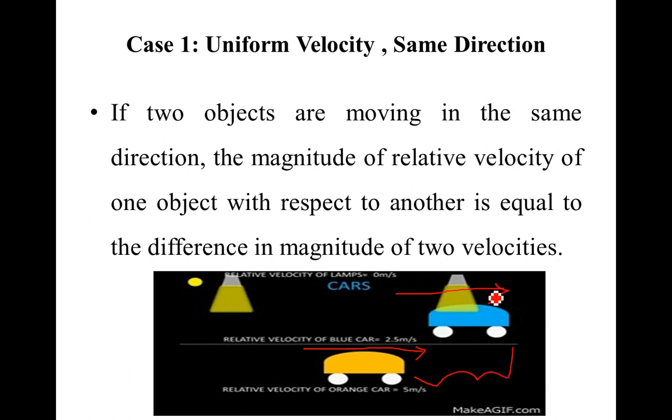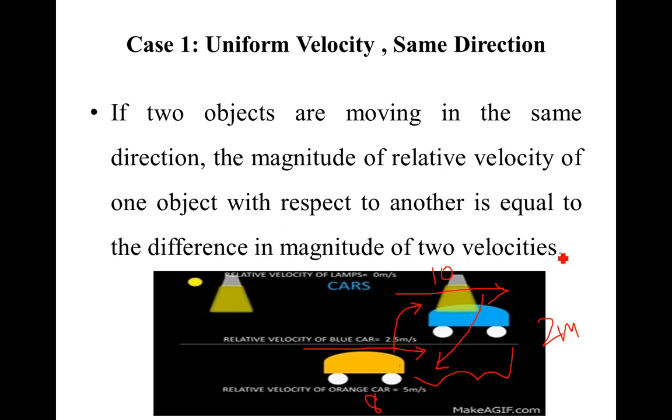So this particular car has traveled, say for example 10 meters, and this car has made only 8 meters now. How much does it still have to cover to match this? It has to cover 2 more meters to match this car. How did you find this? Just the difference of these two. This is called the relative velocity. How much one car has to match with the other car is called the relative velocity, which is nothing but the difference in the velocities.